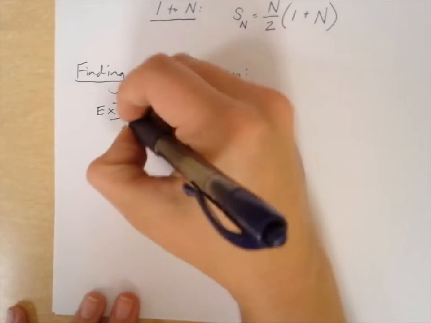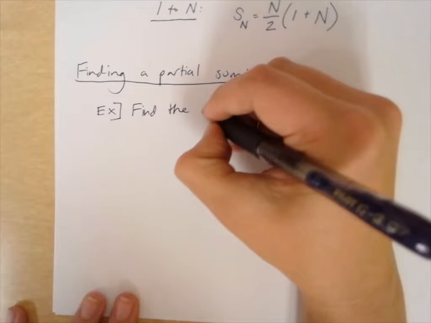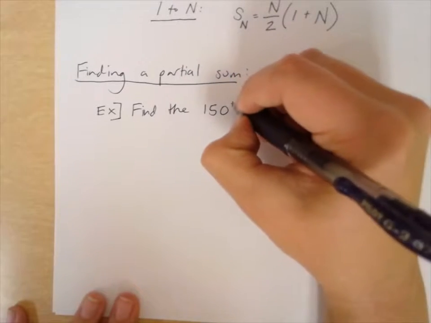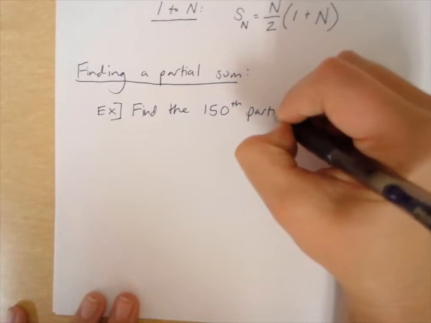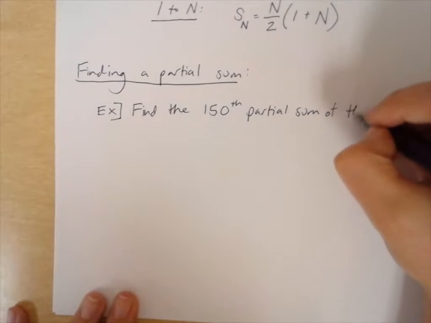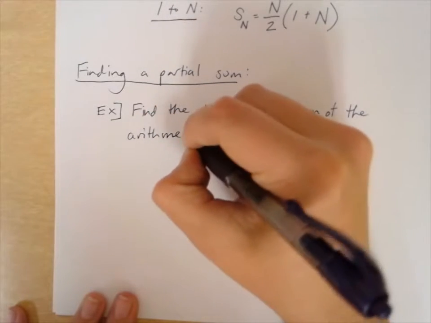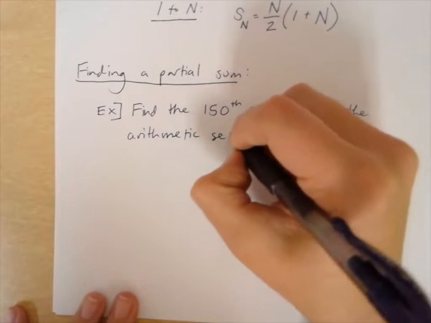So, say we were asked to find the 150th partial sum of the arithmetic sequence